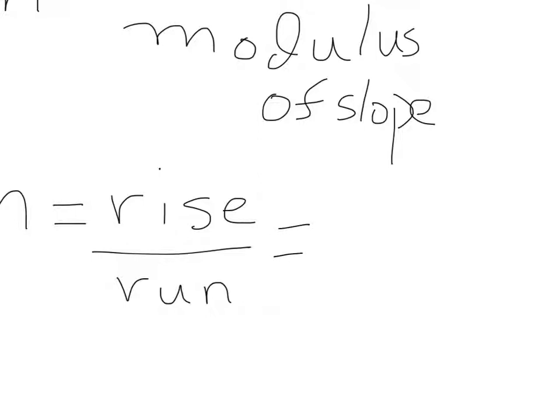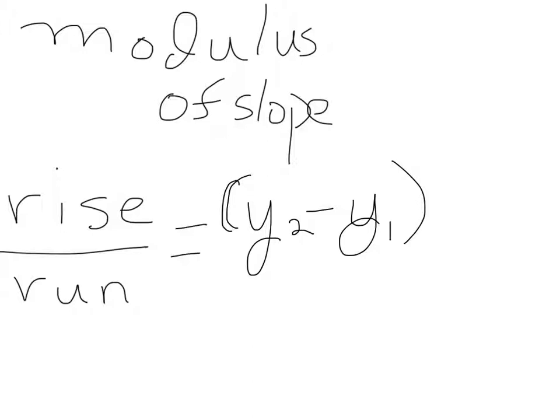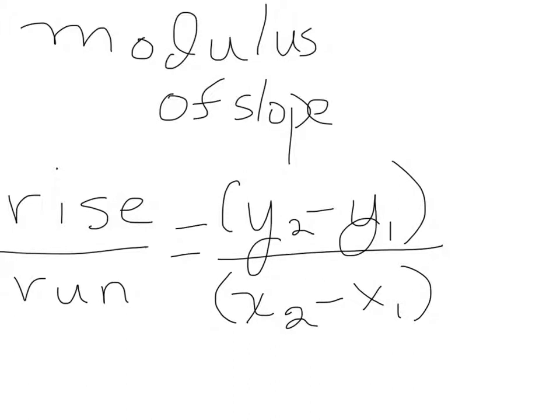Rise basically is the change between 2 points. So it's the change in y, we say y sub 2 minus y sub 1. So that will give us our change in rise over our run, which is the change of x sub 2 minus x sub 1. So these little subscripts really are to denote